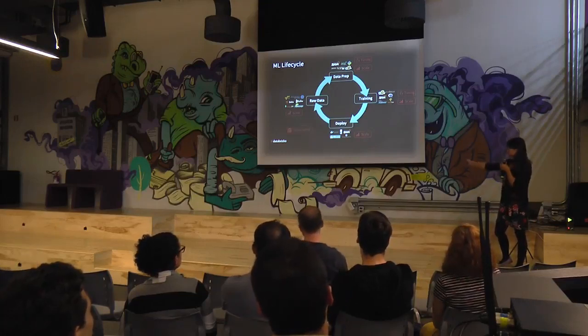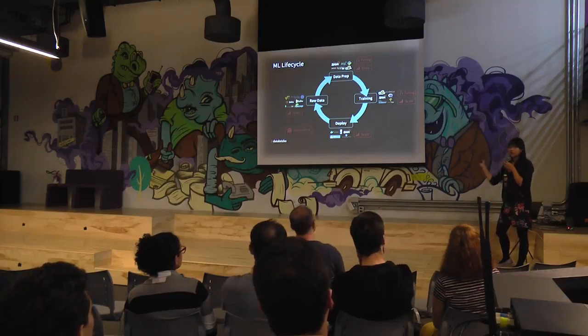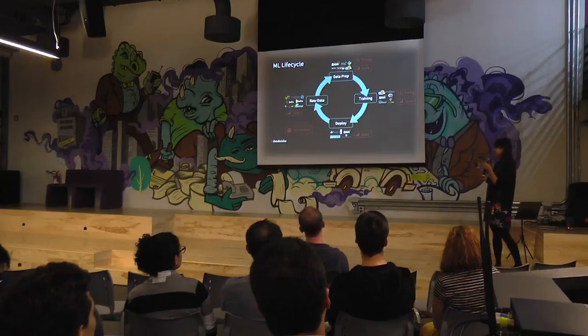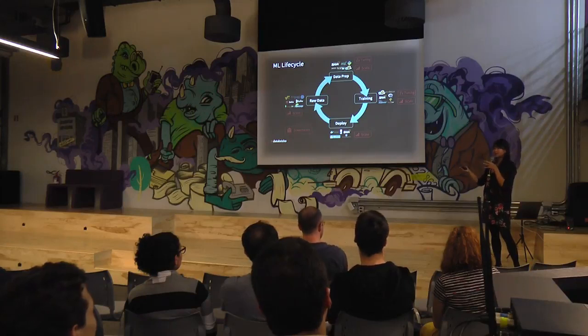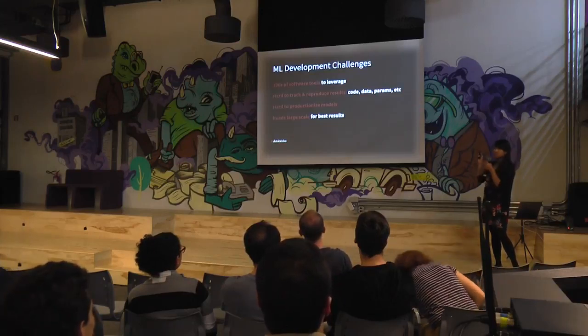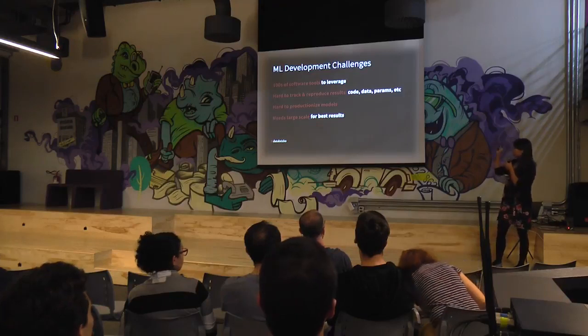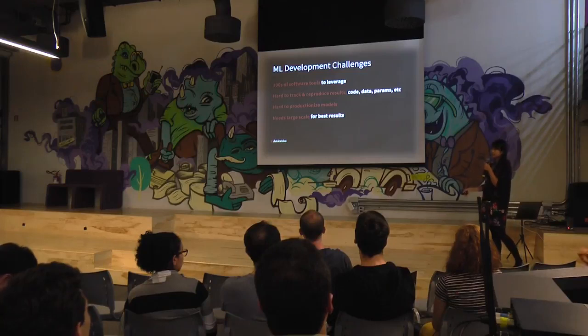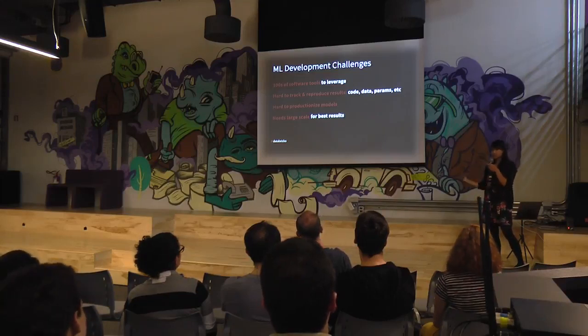So model governance comes up. How do we track your model experiments? How do you iterate on those? How do you reproduce them? How do you make sure that, if we pass it to someone else, they are able to regenerate the same model that you created? So to recap, what are the ML development challenges we noticed? There are lots of software tools we can leverage for storage, for ETL, for data prep, for the modeling. And then it's hard to track and reproduce those results, and it's hard to push those models to production.